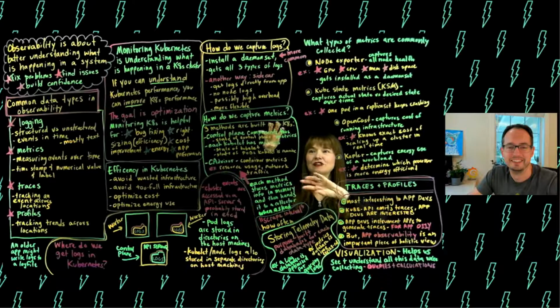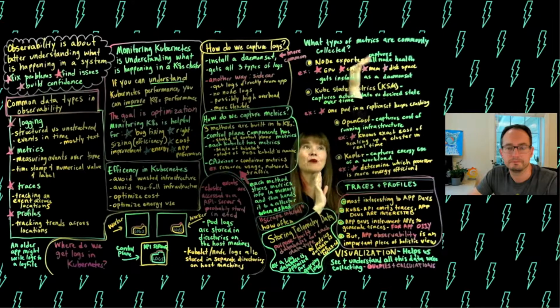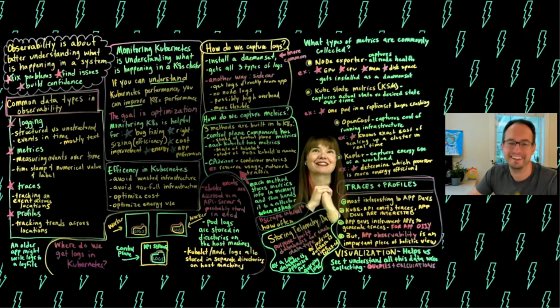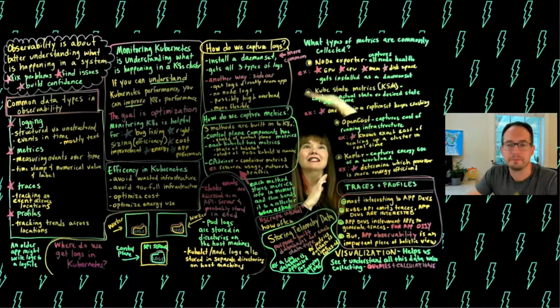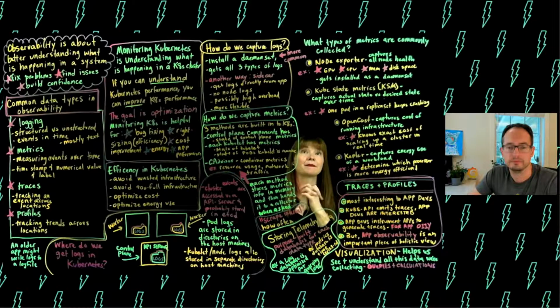So that's how the metrics are captured. And then the collector, we didn't talk too much about metrics collectors. But then we talked about what types of metrics are collected, because I was kind of overwhelmed by that possibility of all the different metrics that could be collected. Yeah. So what's common are these four pieces of software. One is called a node exporter, which captures all the node health related metrics. So that's GPU, CPU, memory, disk space, and that one gets installed as a daemon set.